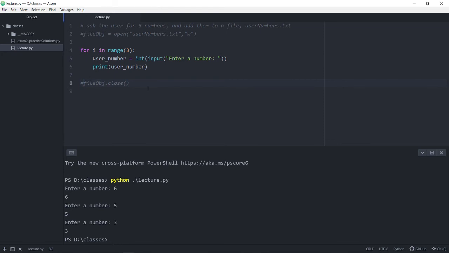But now, instead of printing to terminal, I want to print to this file object. So I will do comma file equals file object. So you're saying this parameter file, and you're giving it the value file object. So you're passing this to the print function as a parameter here. And you'll notice that if I run this code again,